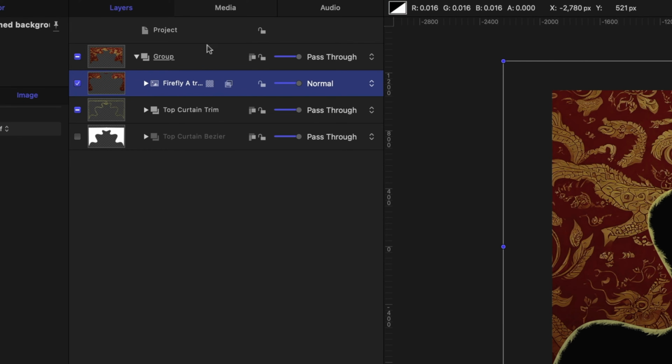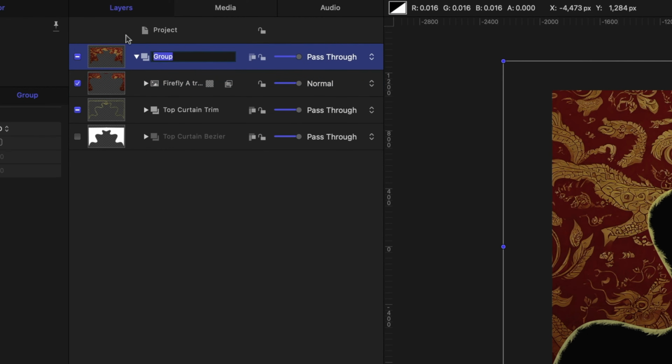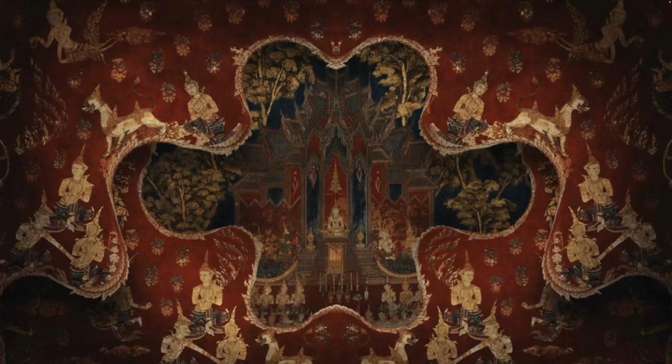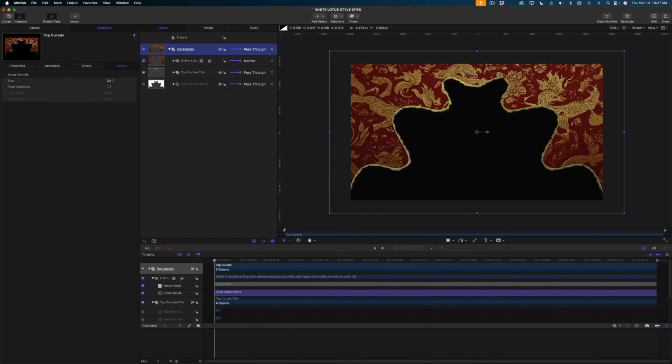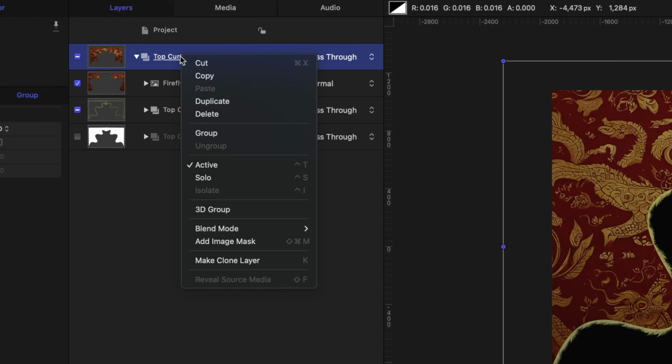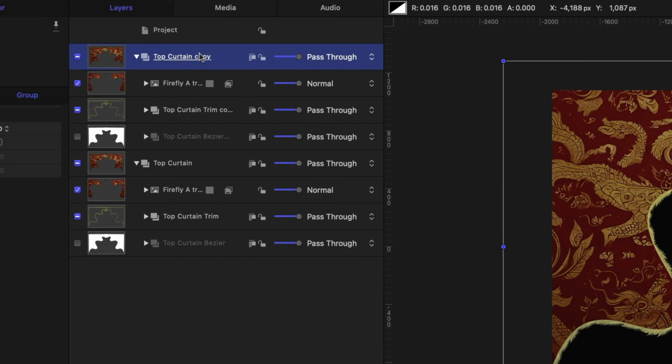Now we've been brought back to normal. And I'm going to rename that group top curtain. Now let's draw our attention to the bottom element of this tapestry. In the original artwork, I can see that the scalloped shape is very similar to the top shape, but it's not exactly the same. So I am going to duplicate what we just did, but then I'm going to modify the Bezier shapes. So on this top curtain group, I'm going to right click and duplicate, and let's rename this